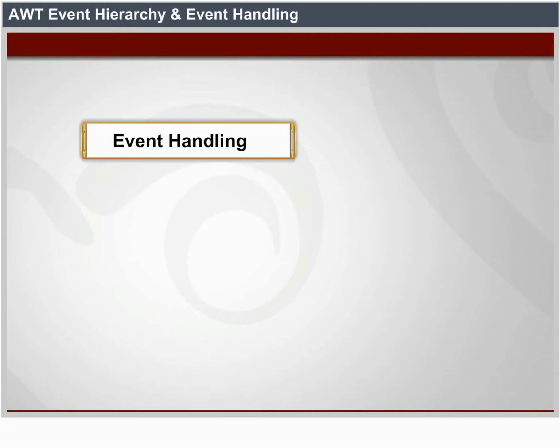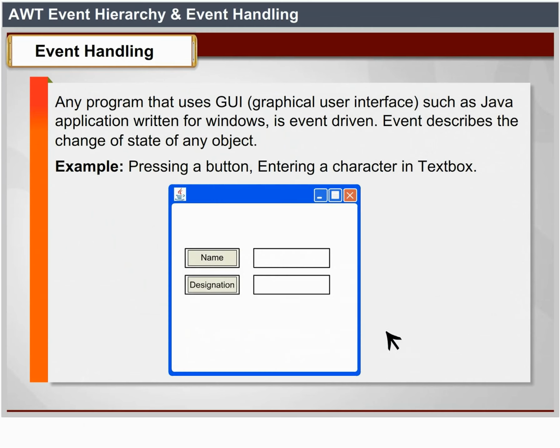Event handling. Any program that uses a GUI, that is a graphical user interface, such as a Java application written for Windows, is event driven. An event describes the change of state of any object. Examples: pressing a button, entering a character in a text box.